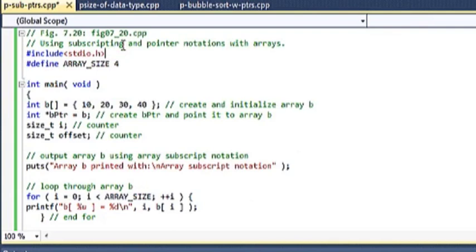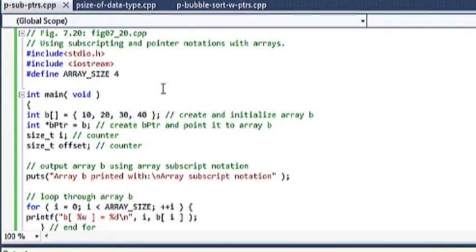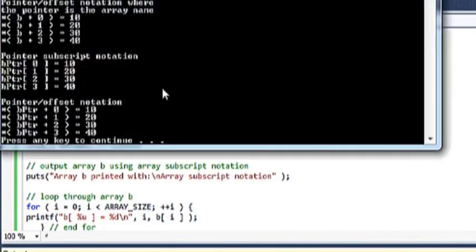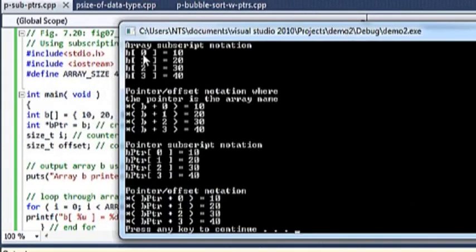And for that purpose I need to include iostream. Okay, Control F7 to compile, Control F5 to run. And देखिए the first, subscript notation, इसमें हम array को as it is